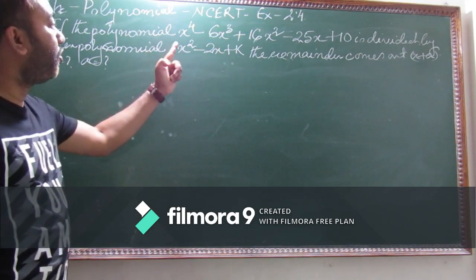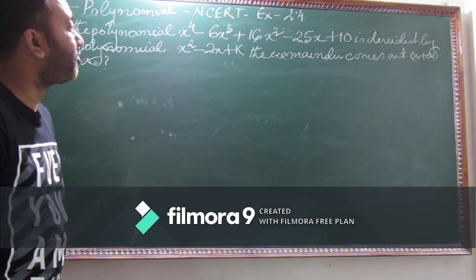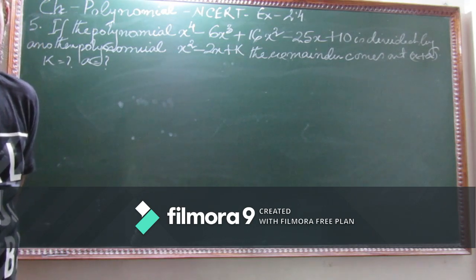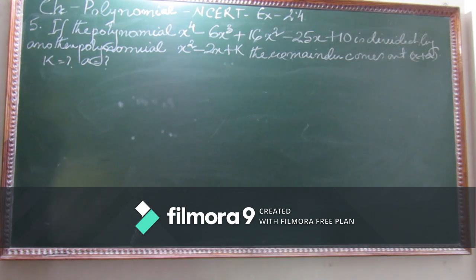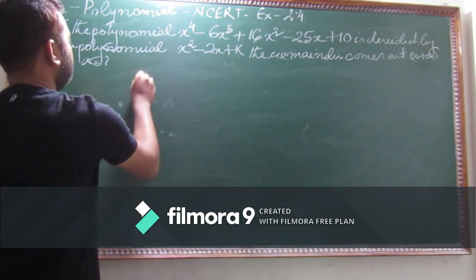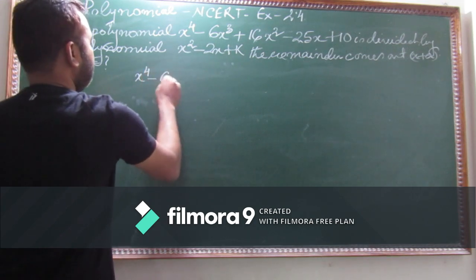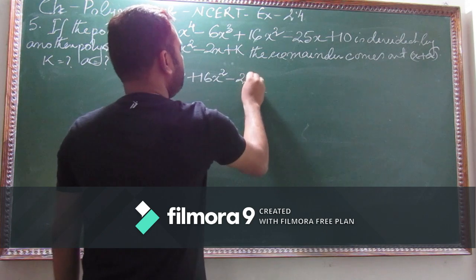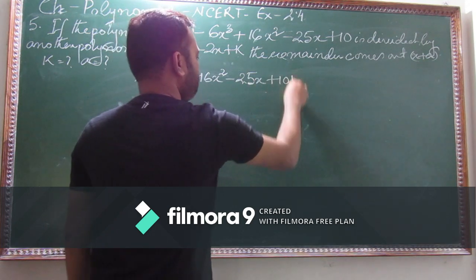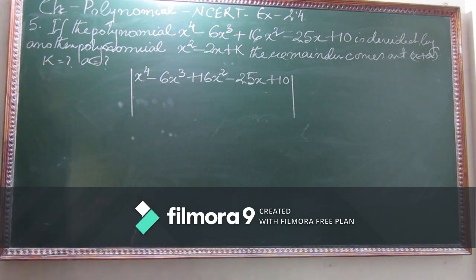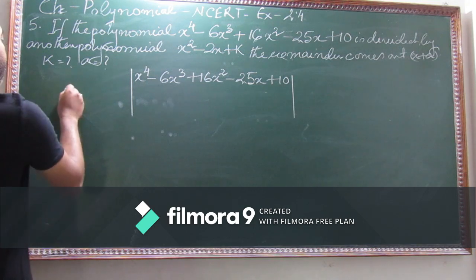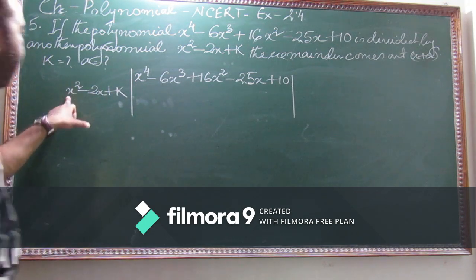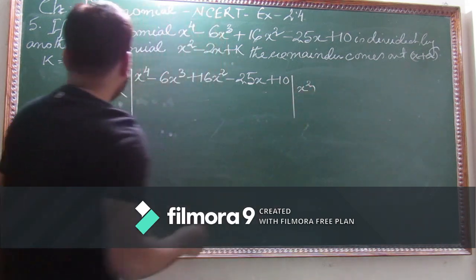What I have to do? x4 minus 6x cube plus 16x square minus 25 plus 10. Now I have to divide this by x square minus twice x plus k. This is x square minus twice x plus k. So I have to multiply this by x square, because if I multiply this by x square